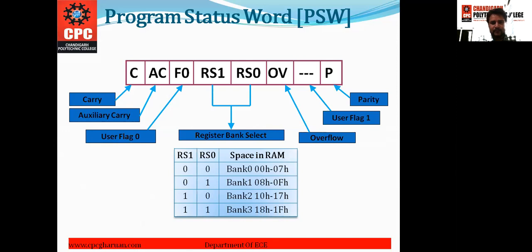Parity has its own, auxiliary carry has its own function, carry flag has its own function. The RS0 and RS1 bits both have their own function. The overflow flag is used when there exists any overflow in the result of the arithmetic operation. This program status word is 8 bits in size.